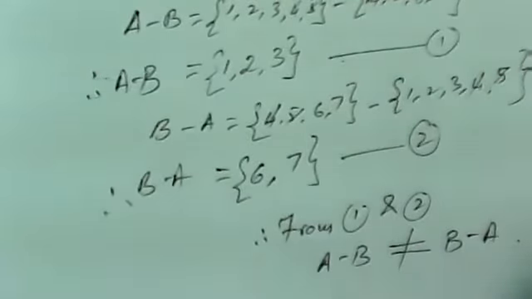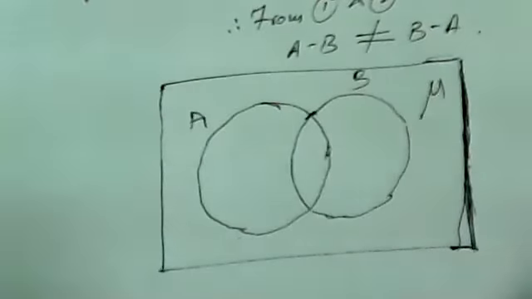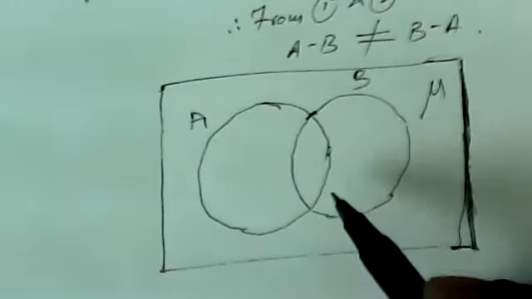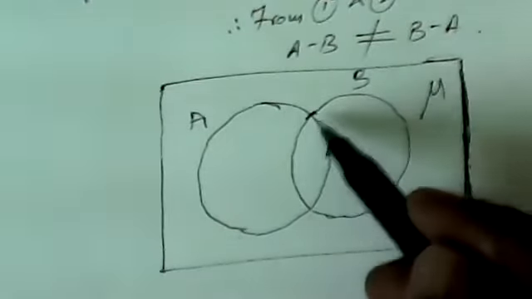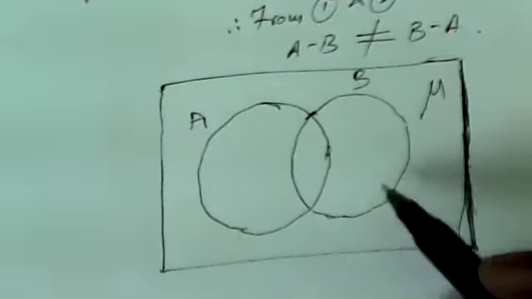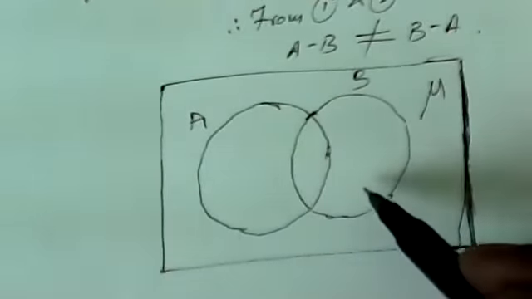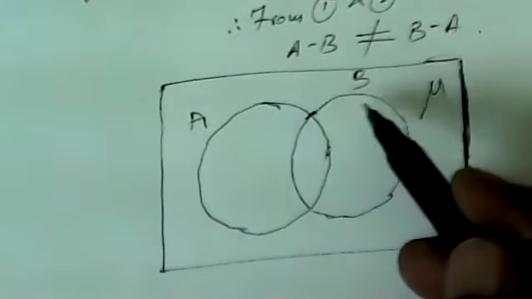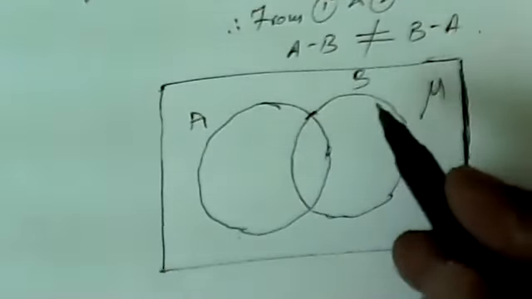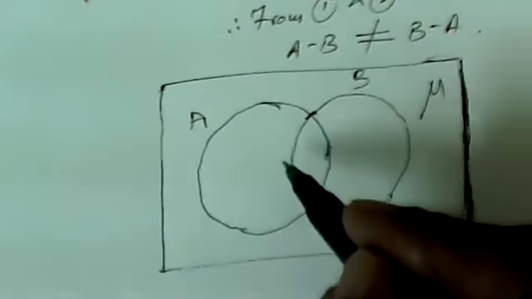The next thing is we have to draw the Venn diagram. If there are common elements, and here 4 and 5 are common elements, that's why we are taking an overlap. If there is no common element, that is, the sets are disjoint, then don't overlap them. So we draw the universal set. In it, set A and set B are given, and the common elements. Let us list them first. Common elements are 4, 5.